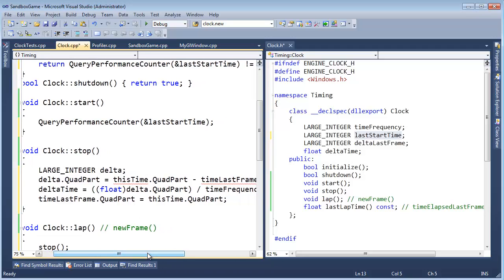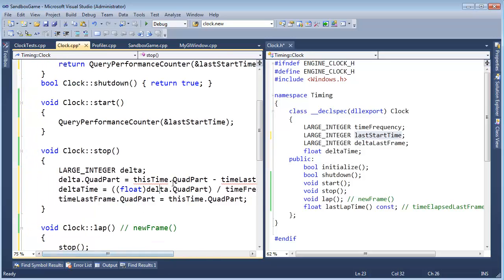Yeah. Sorry, I can't give you any definite decisions here. This is the architect in me saying, oh, it could be good this way, it could be good another way. Whatever. Okay, grab the last start time, and then down here in the stop function,